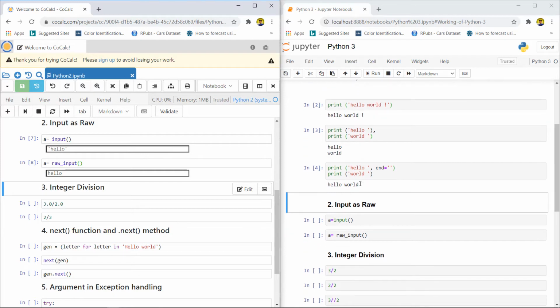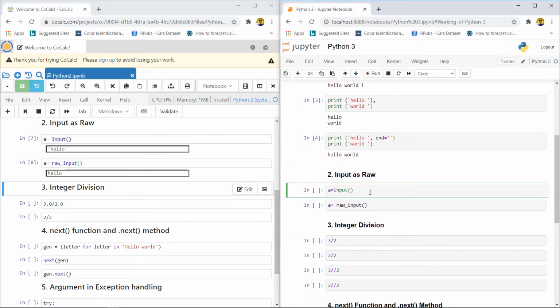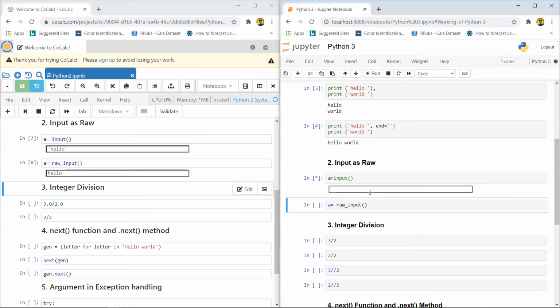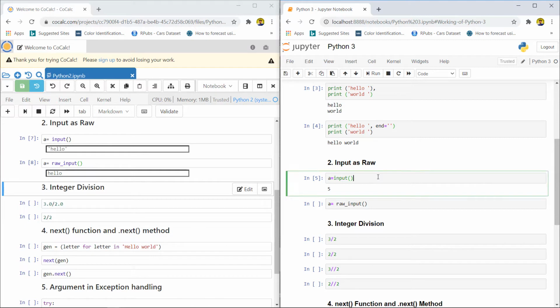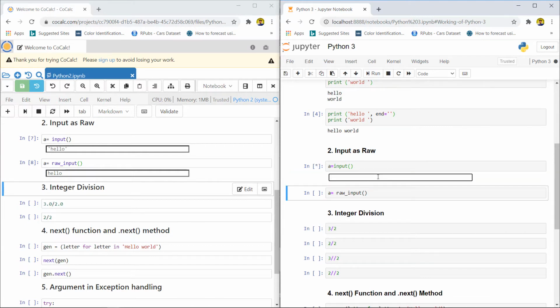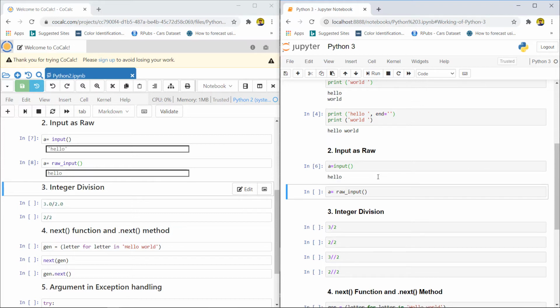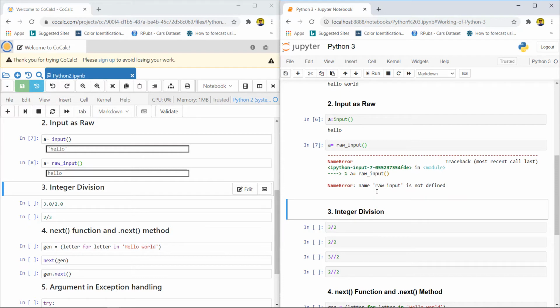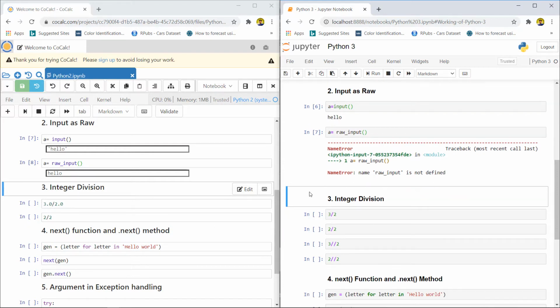Now talking about the input function in Python 3, you can use the input function to receive any kind of variable. Like if you give the input as a 5, the compiler will detect it as an integer. If you give the input in the form of a string without giving the single inverted comma, you can see I have not given the single inverted comma in between the string, but the compiler is also accepting this. But in the case of Python 3, the raw_input function does not work. It is deprecated from Python 3. So this is the advantage and disadvantage of Python 3.